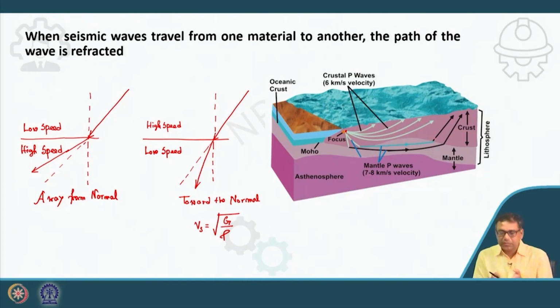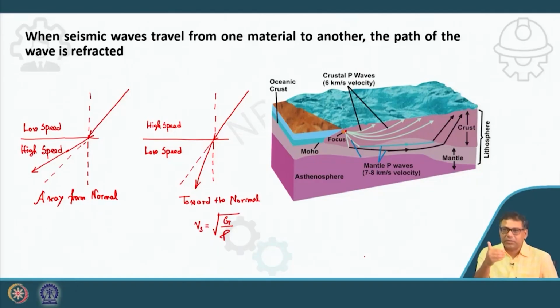I have discussed it will move towards the normal, the second case. So in this way, it will reach the ground surface. That means these are the refracted rays. Because of that, it will reach the ground surface. Clear? Now sometimes in a single layer,